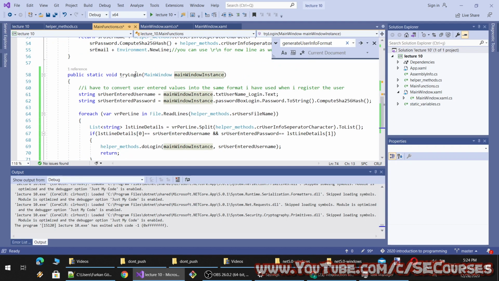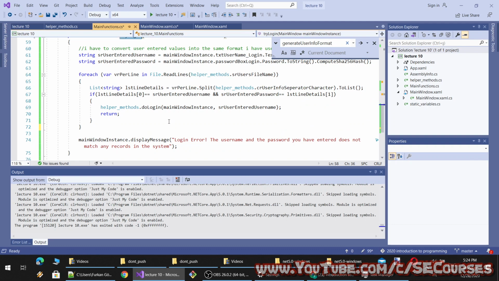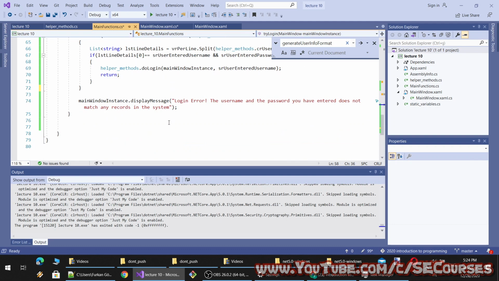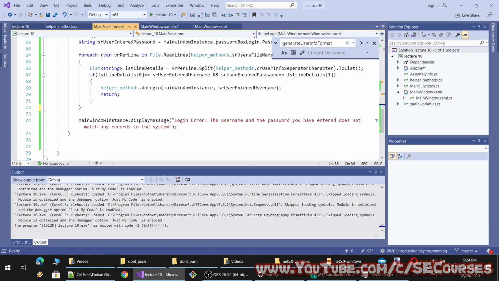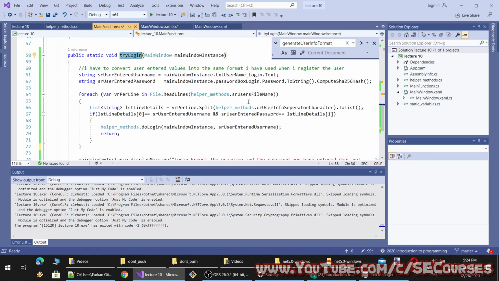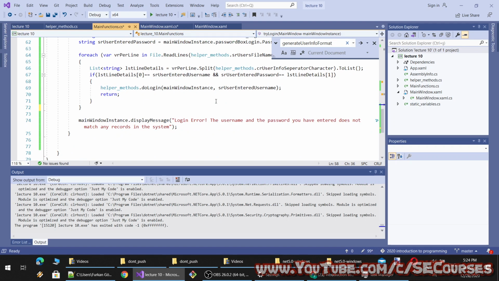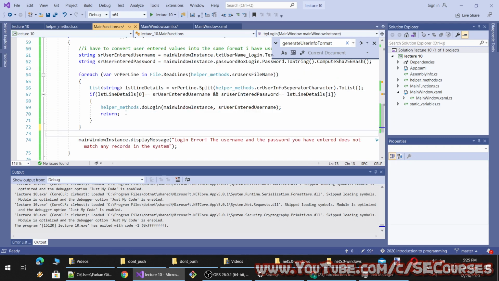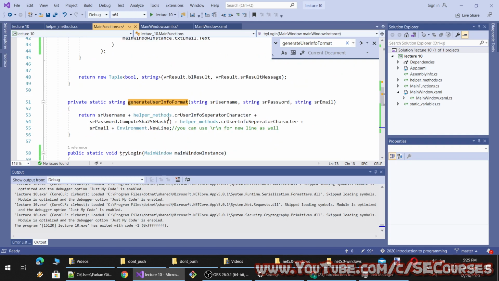So let's say this try login was running as a separate thread, but it would complicate things if I show that. Never mind that for now. We are not working with multi-threading at the moment. However, if you were working in a multi-threading environment, the previous method would likely fail.